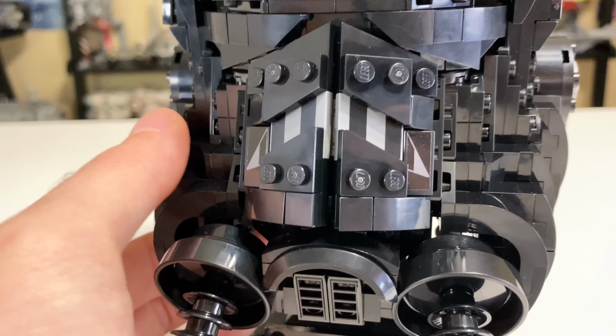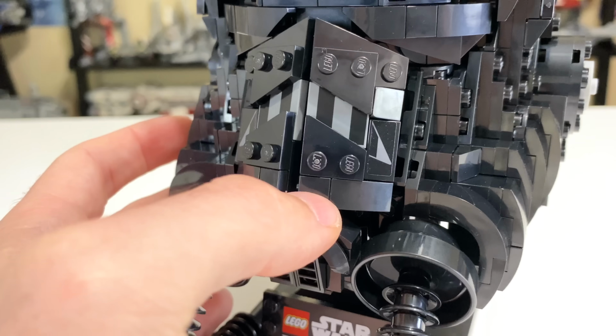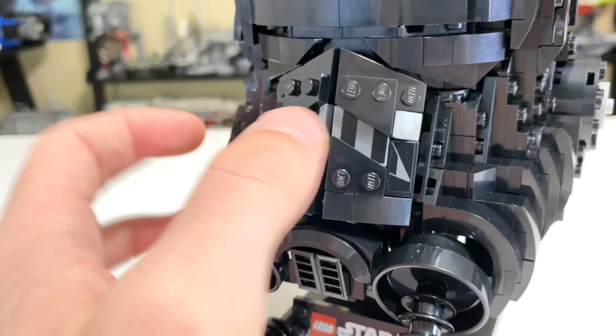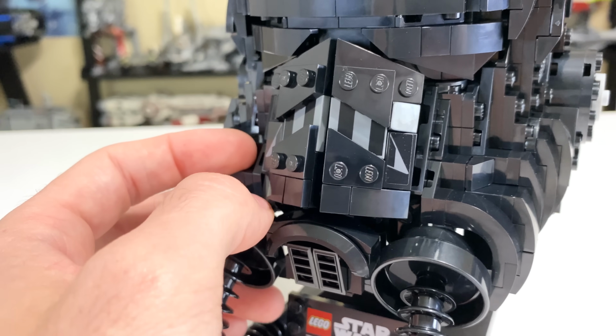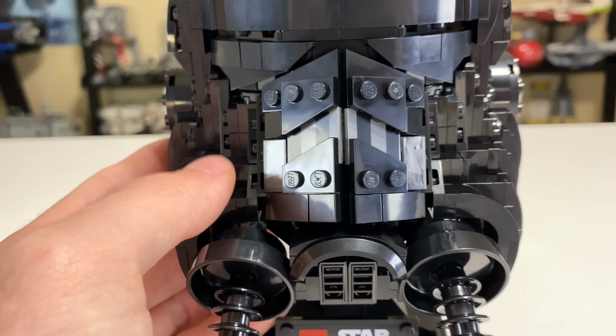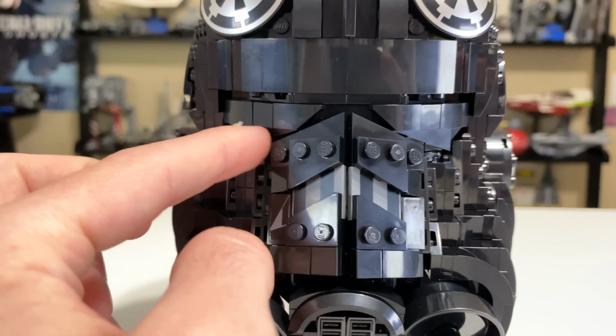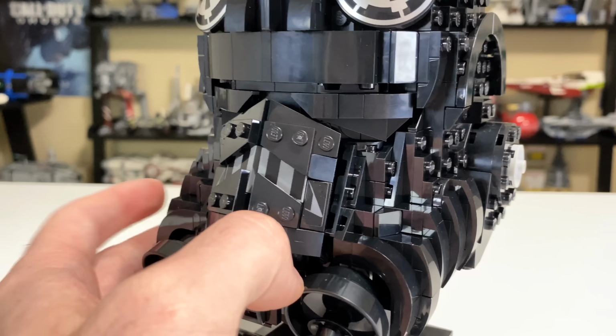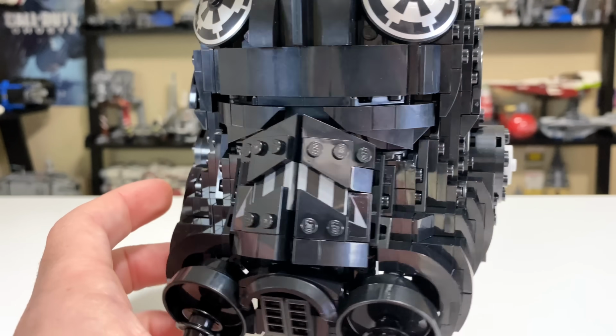So I would be very careful. I would look at the instructions, maybe look a step ahead to see where you're going before you put a sticker on, to make sure you put the sticker close to the correct side so that it will line up better than it may otherwise. You just want to be careful with that. His eyes are pretty menacing, although they kind of get lost in the rest of the build. Like, you really can't even tell they're there, to be honest. It's just not super